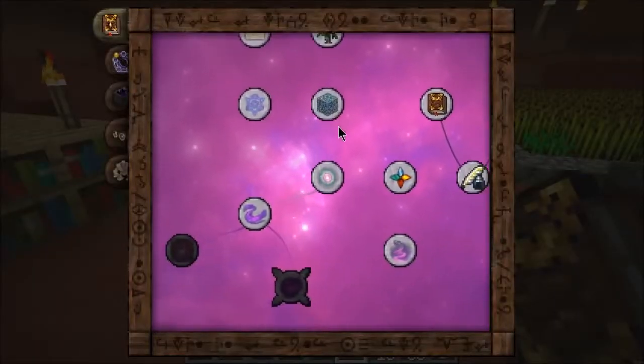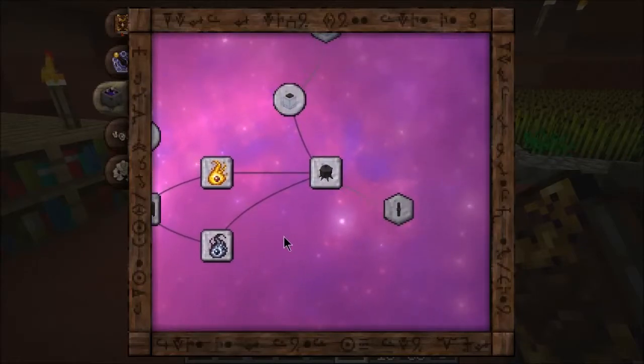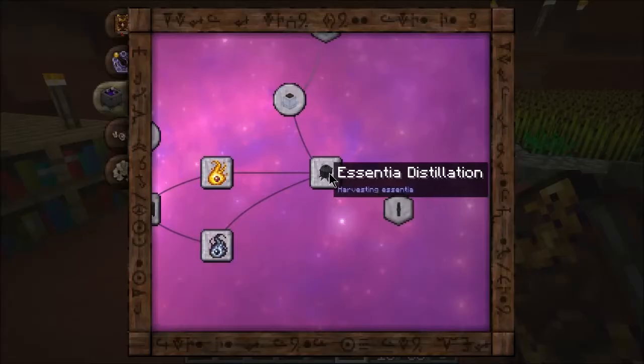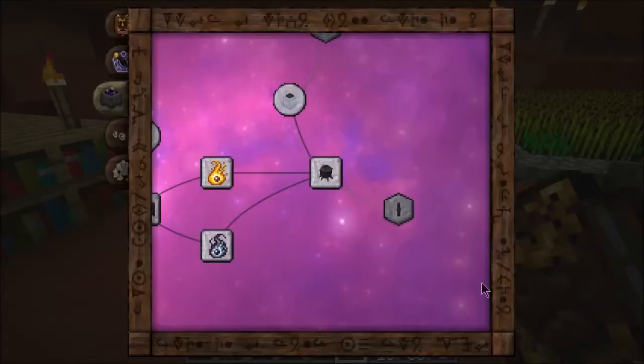Let's see. I believe it is under here, alchemy. So even though the people in the comments, I did pick up from the comments that Essentia distillation isn't actually going to give us the desired effect of getting these for research, it's actually just going to...